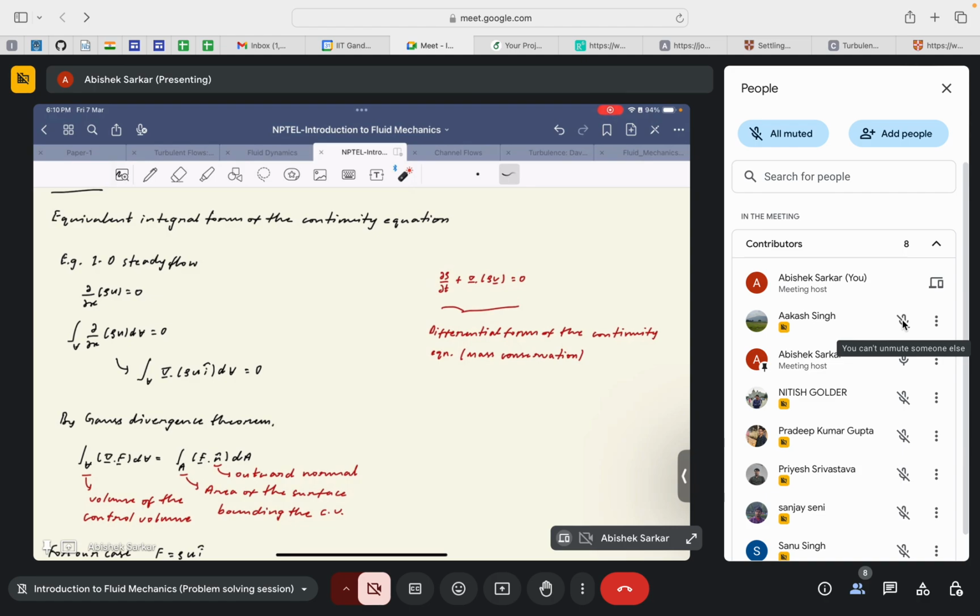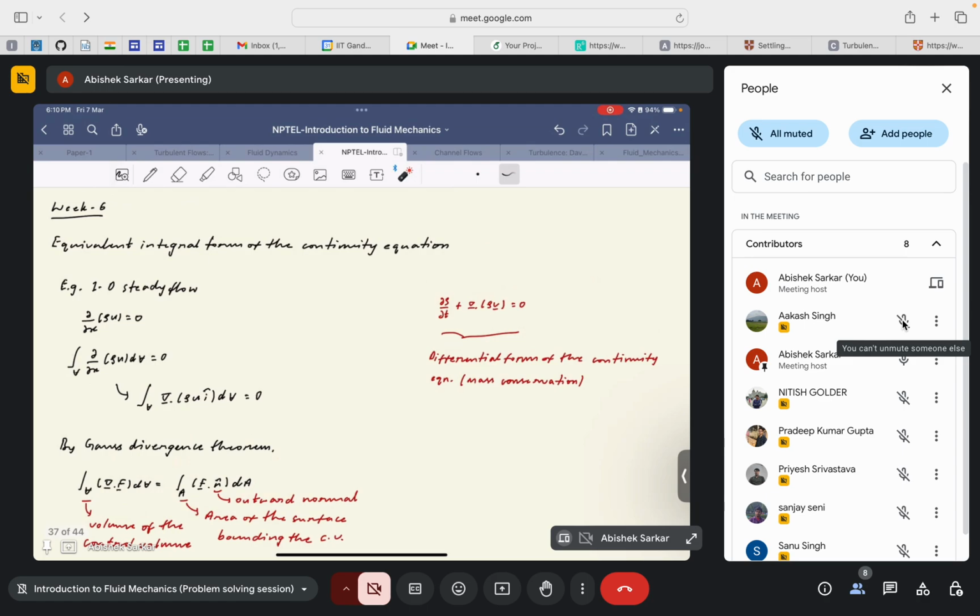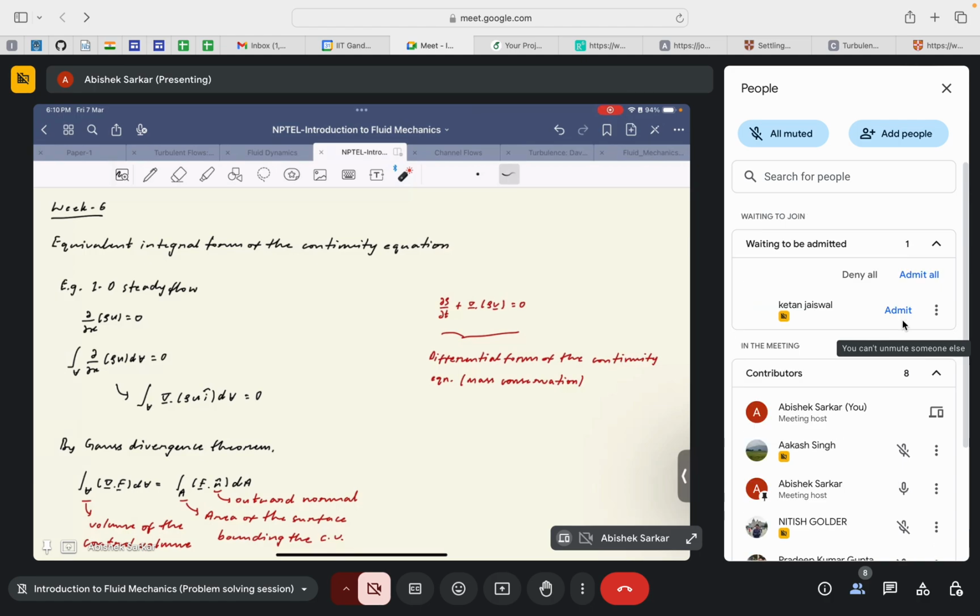And depending on the problem at hand, these two forms of equation may become relevant according to the need of the problem, which we'll eventually see. So now, just as a precursor or a brief overview of these two different forms of governing equations, we just discuss the